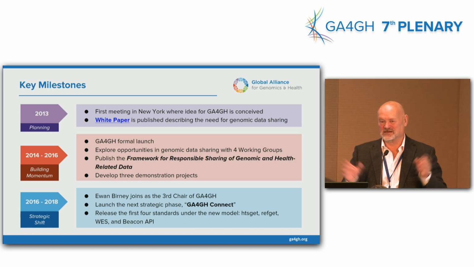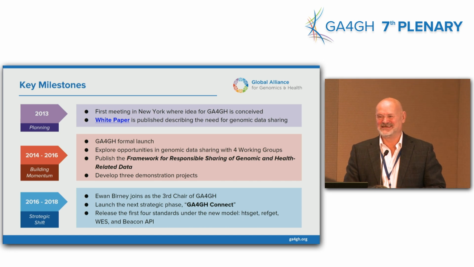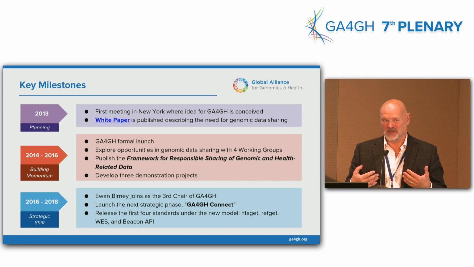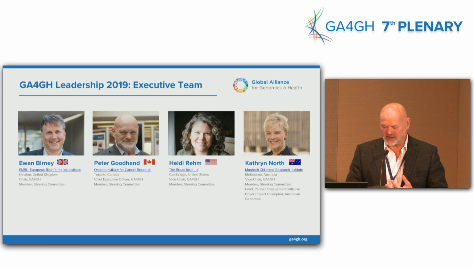We've called that phase GA4GH Connect, and you'll see how we do that with more work streams and more independent demonstration or driver projects. So this is our executive team today. Recognize me, yes, and by now all of you will probably recognize Ewan. And the other two key leaders are Heidi Rehm here from Boston and Catherine North from the Australian Genomic Health Alliance. And that four-person executive committee really makes sure that on a month-to-month basis, the organization is being well led,